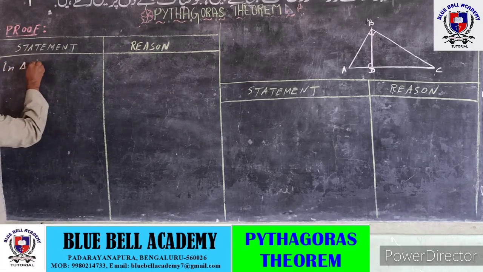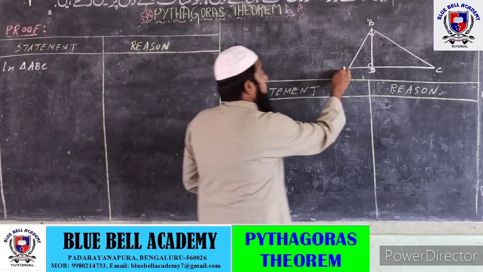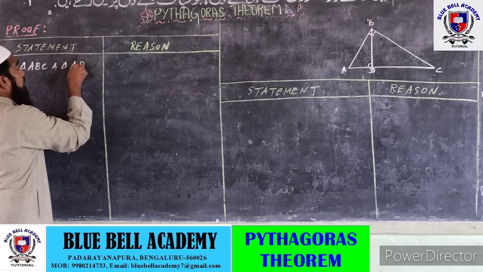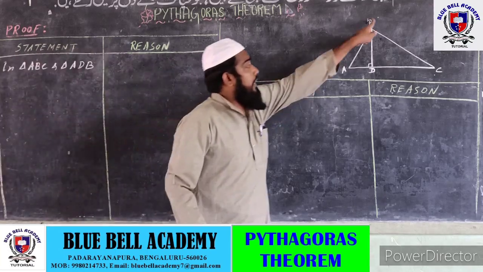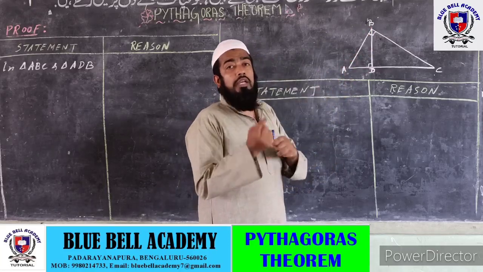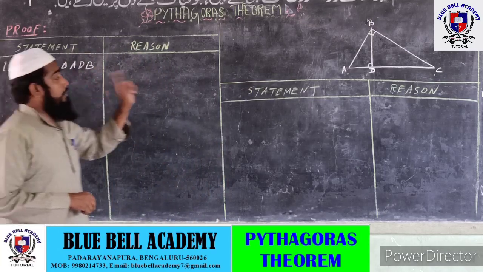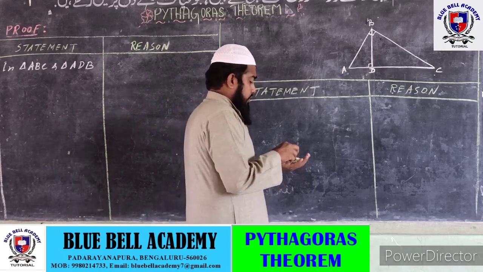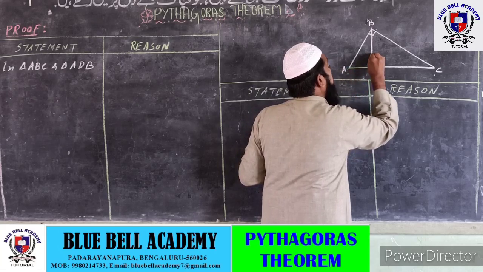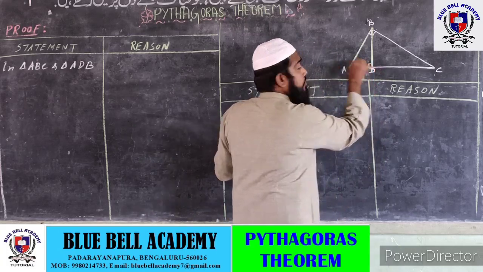in triangle ABC, the given triangle or the original triangle, and triangle ADB. Triangle ABC and triangle ADB. You can also take it as BDA, but why have I taken it as ADB? Because it will help you to take the corresponding sides. So now we are comparing triangle ABC and triangle ADB. You just see here, our original triangle ABC, and we are going to compare it with triangle ADB. Okay, we are going to compare with this triangle.